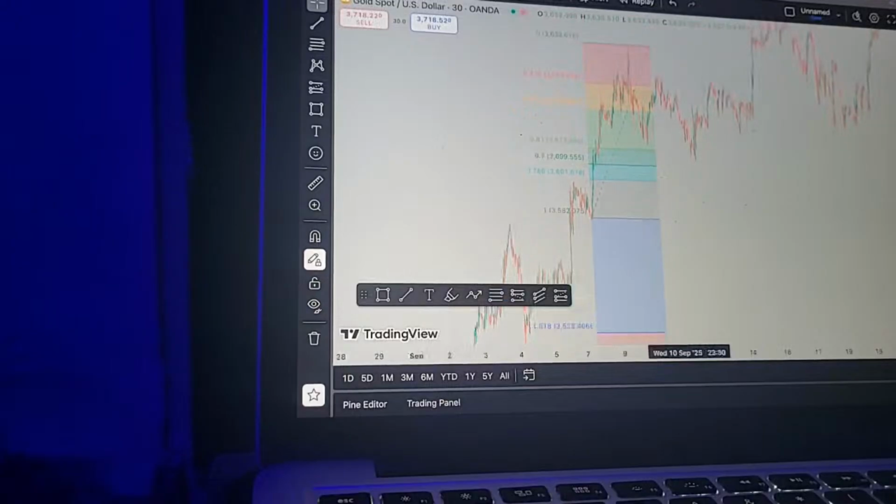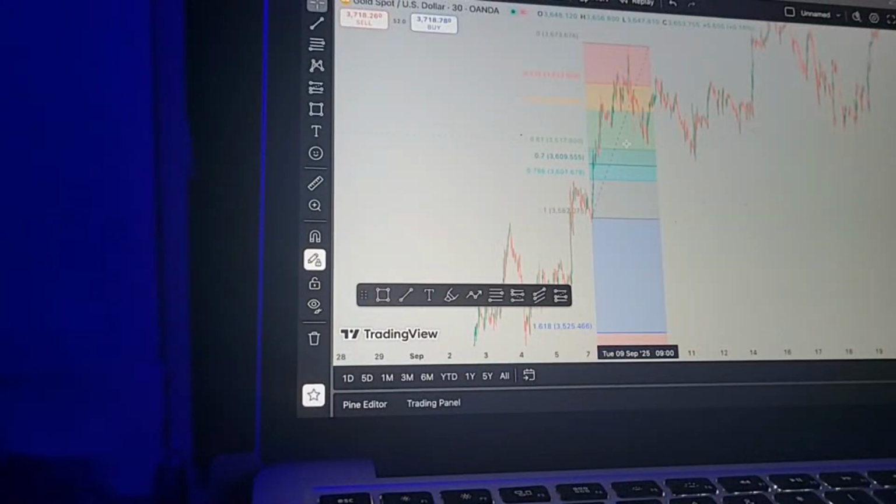Okay, now see the way I drew the Fibonacci. This is what we call the Fibonacci tool. You can see how I drew it from this point. This expansion, from this point right here to the top, is an expansion. Now you can see this section, this white green section.